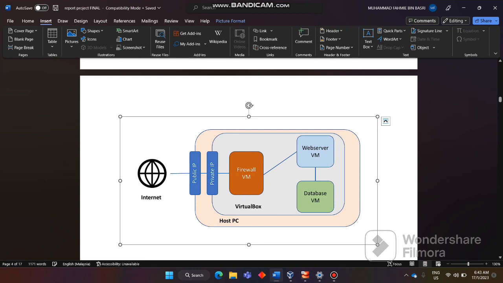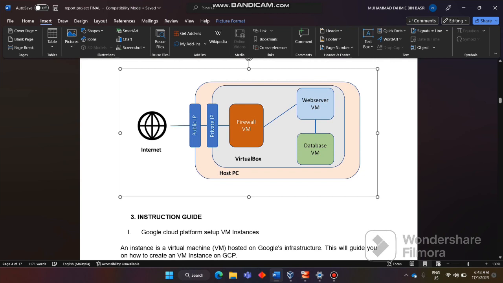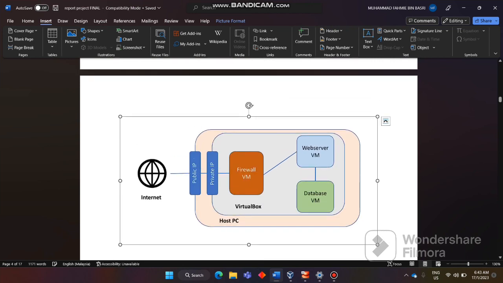Today we present our group project, which is a basic application on web server, MySQL server, and firewall using CentOS 7. As you can see here, this is the architecture that we're going to build. From this figure,